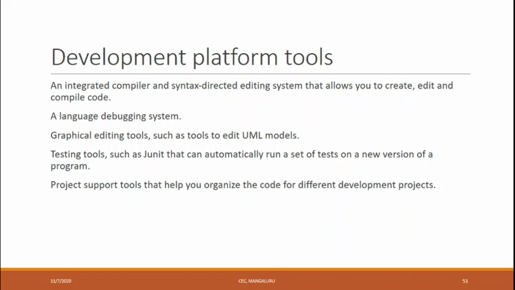Software development tools are often grouped to create an IDE, that is, an integrated development environment. It is a set of software tools that supports aspects of software development within a framework, making use of interfaces. This is what is included in the software development platform. Next we go for open source development.